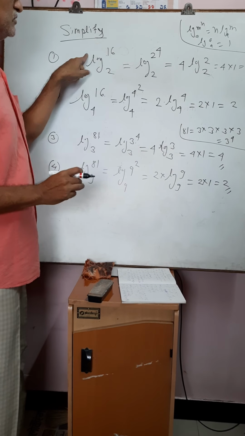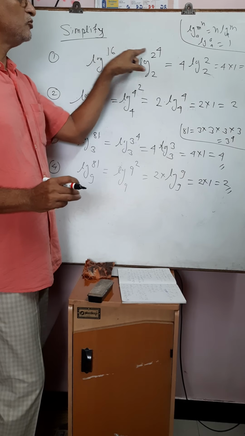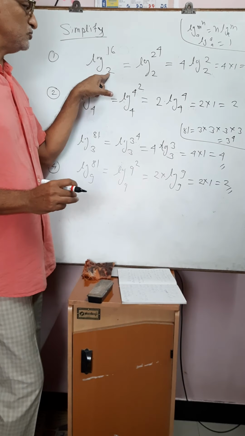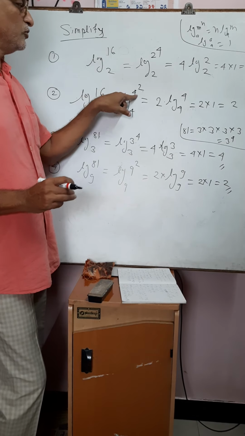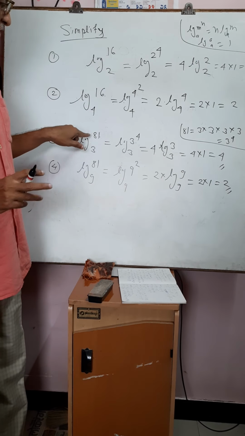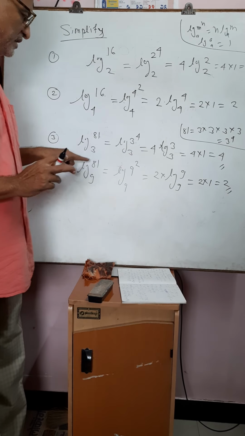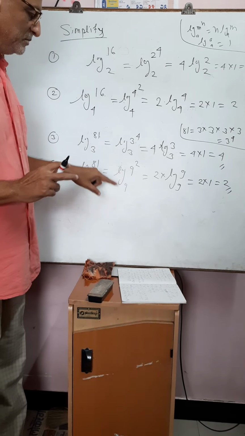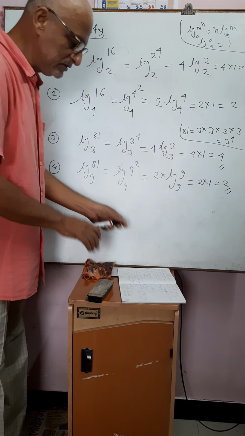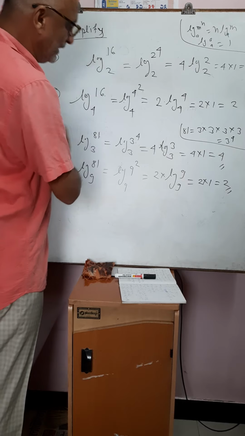So first we have log 16 to the base 2. हम लोगों ने 16 को 2 raised to फॉर्म में लिखा because base is 2. यहाँ पे 16 को 4 के फॉर्म में लिखा because the base was 4. In the third, we write down 81 in terms of 3 since the base is 3. Here 81 in terms of 9 since the base is 9. So that is the simple simplification. Now the next one is